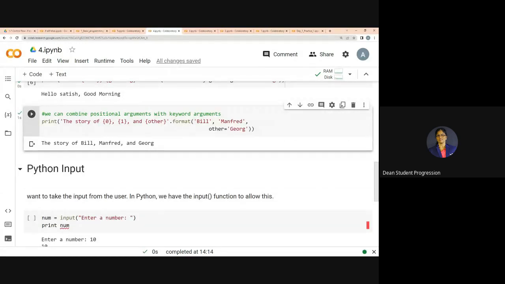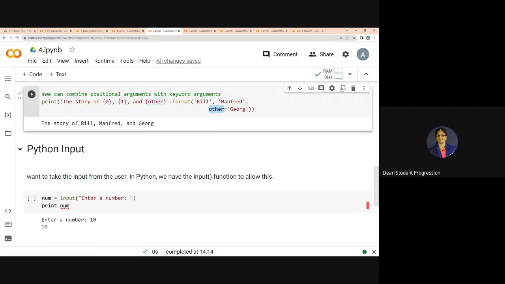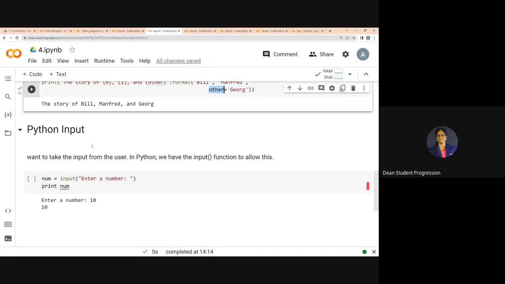So we know the first position is 0, the second position is 1, and if there are other values or variables available, they can be considered like this, right? When you have multiple things together, we may use them in different combinations. So the 0th position is Bill, position one is Manfred, and the other position is George. So the story of Bill, Manfred, and George, right? Like that, we can concatenate a few outputs in a different way to print in a single line, right? So next one is